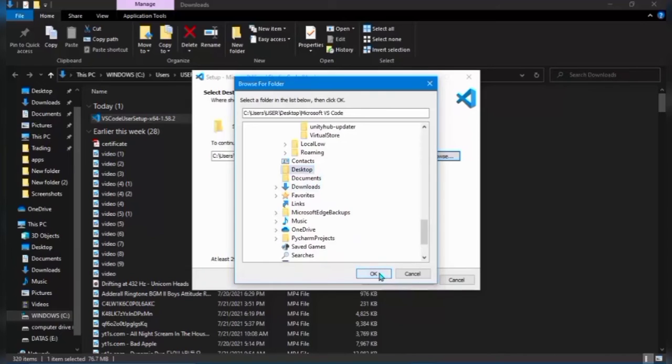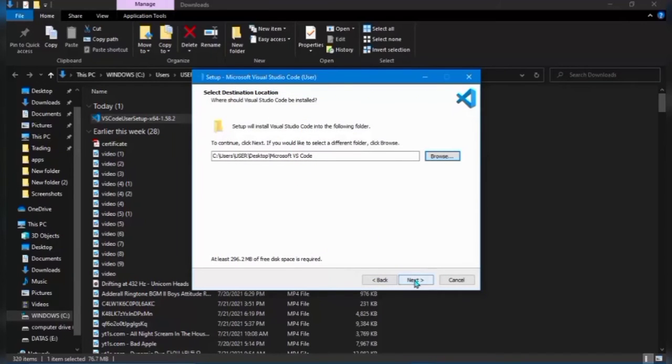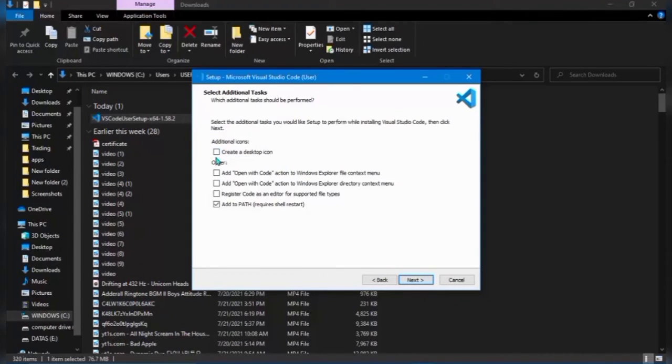And for more easier access, you can click on browse and you can search for desktop, and you can put Visual Studio Code on your desktop for more easier access, and you can name it however you like. And you can also create an icon. You can create a desktop icon, and you should also click on this. It adds your Visual Studio Code to path,